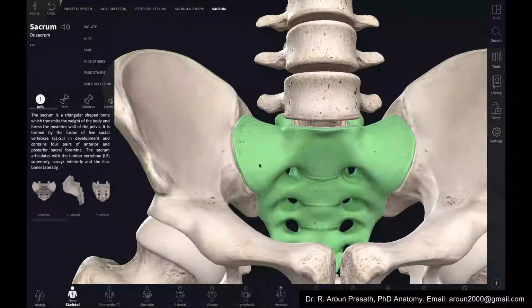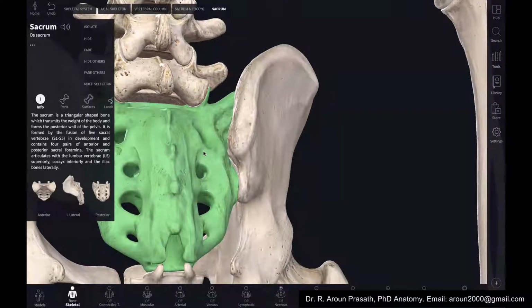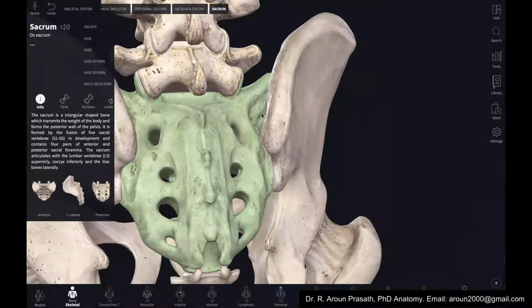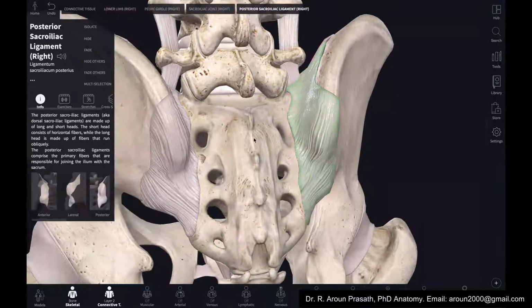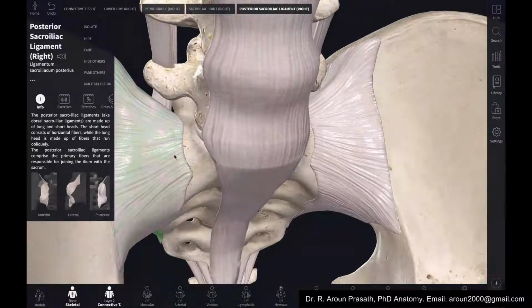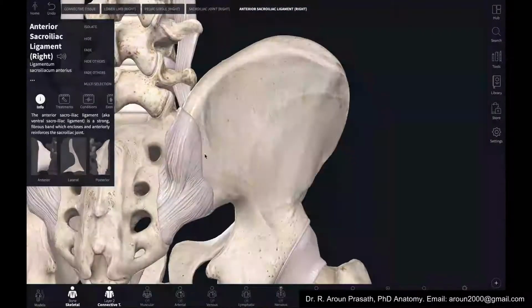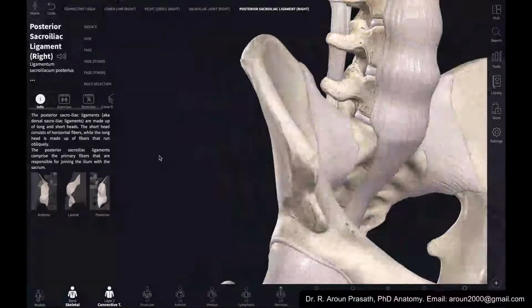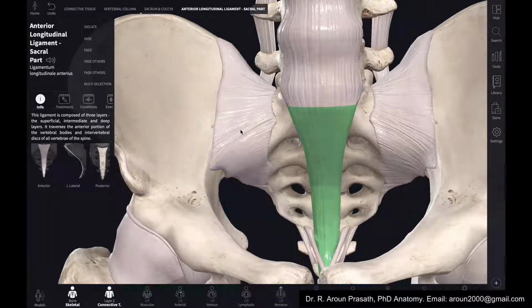The transverse process of the sacrum extends as the sacral ala, forming the joint on the posterior side as well as the anterior side. Among the ligaments present at this joint, you have the anterior sacroiliac ligament and the posterior sacroiliac ligament. This is said to be one of the strongest joints in the body.